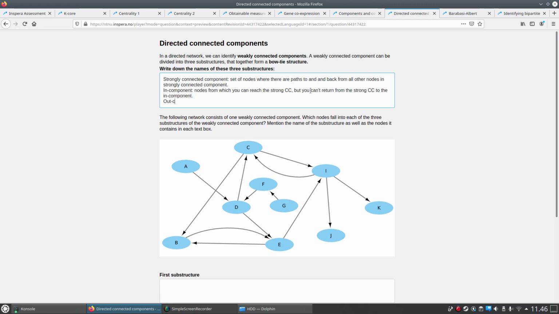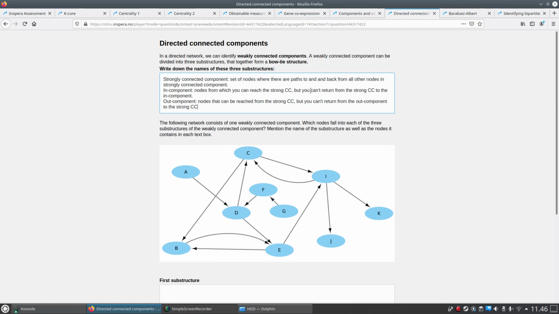Lastly, we have the out component, nodes that can be reached from the strong CC, but you can't return from the out component to the strong CC. And that sort of forms a bow tie structure. So we can consider it as